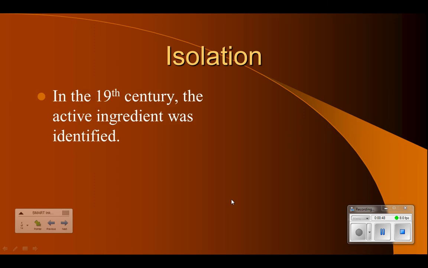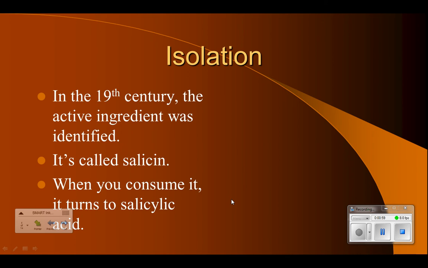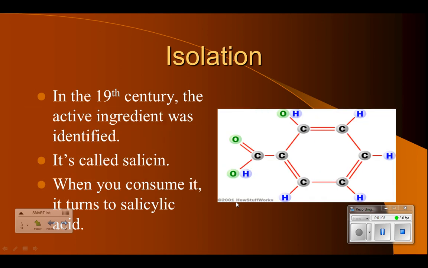Well, so people started looking into this willow bark, and in the 19th century, the active ingredient, the active painkiller, was discovered. It was called salicin. And when you consume it, your body metabolizes it into salicylic acid. And this is the formula for salicylic acid. I'm not going to expect that you know it, but this is the basis for our first pain relievers,